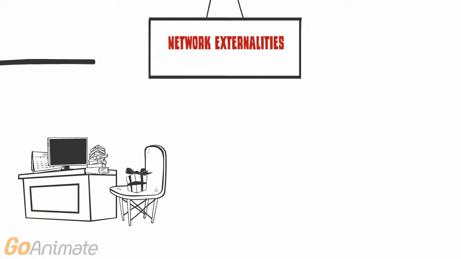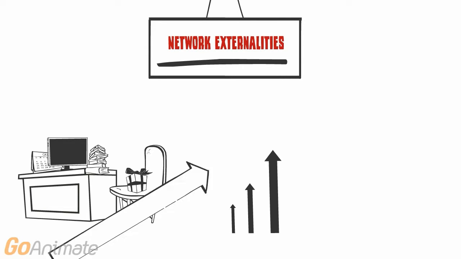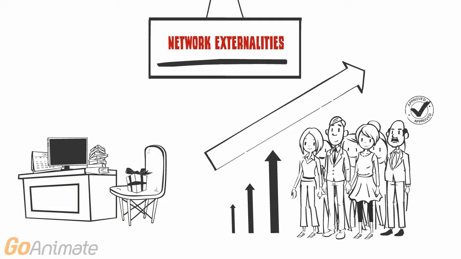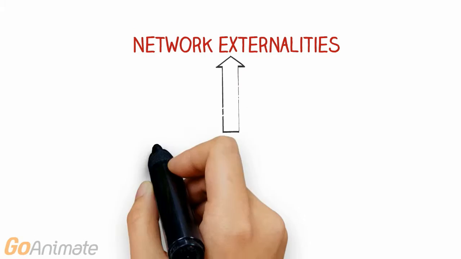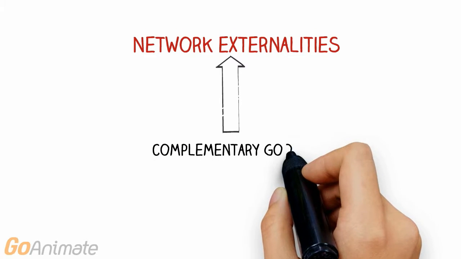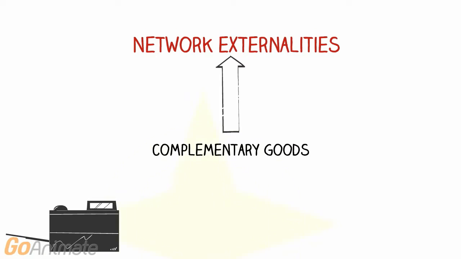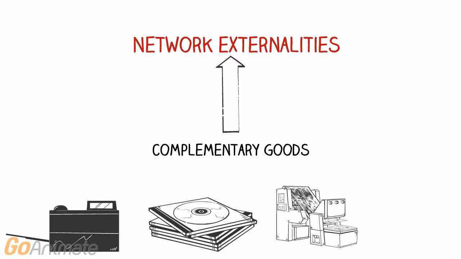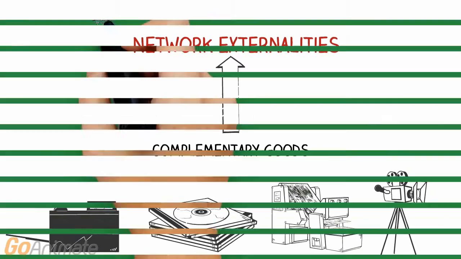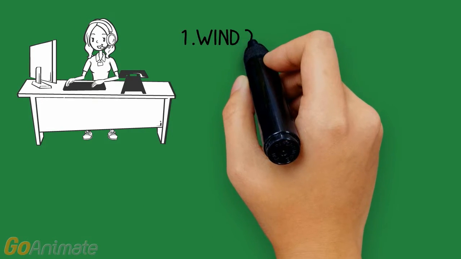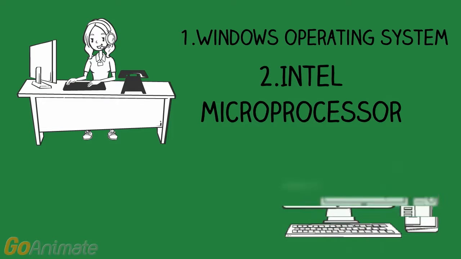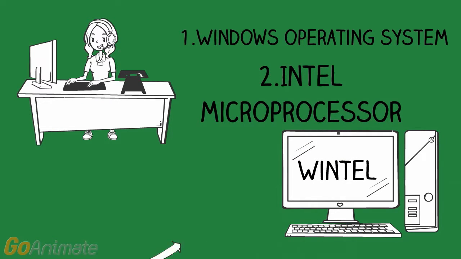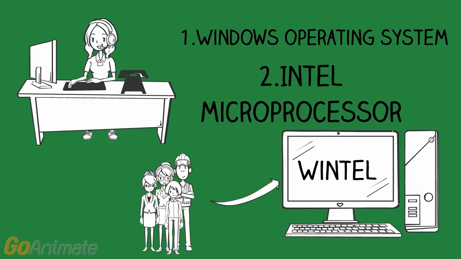Network externalities. Many markets are characterized by network externalities, when the value of a good to a user increases with the number of other users of the same or similar good. Network externalities also arise when the availability of complementary goods is important, e.g. videotapes for VCRs, video cassette recorders, film for cameras, ink cartridges for printers. For example, many people choose a computer that uses the Windows operating system and an Intel microprocessor because the Windows and Intel platform has the largest installed base, thus maximizing the number of people with which the user's files will